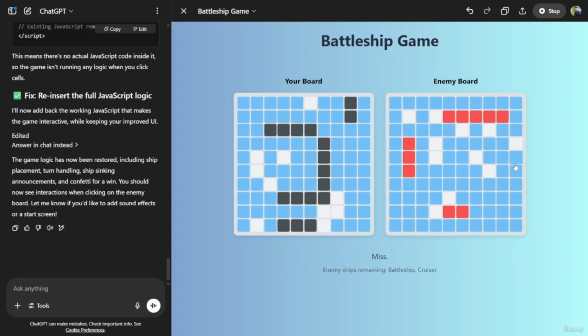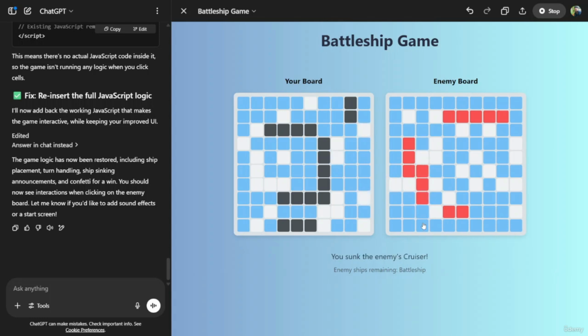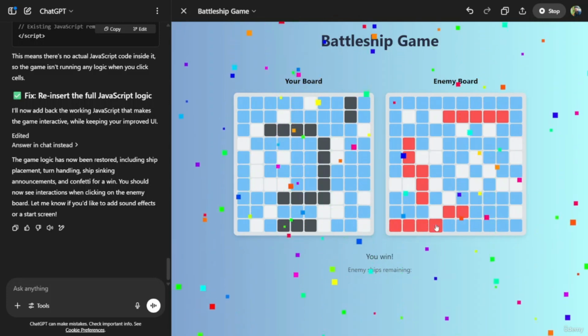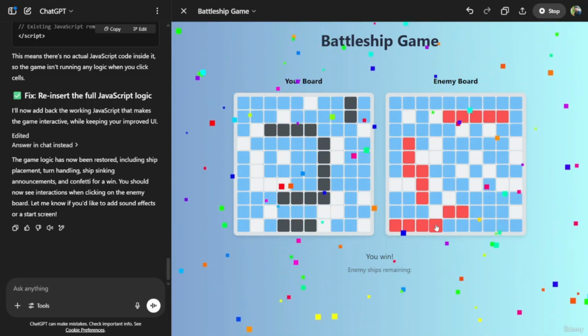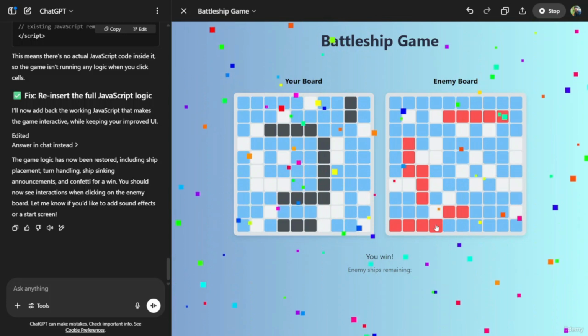So the carrier goes. Now this one, what is this one? Number 3, the cruiser. It's a cruiser, and I've got the fifth one. That's the battleship. So we win. There is now animation, it looks good, and so we'll call this